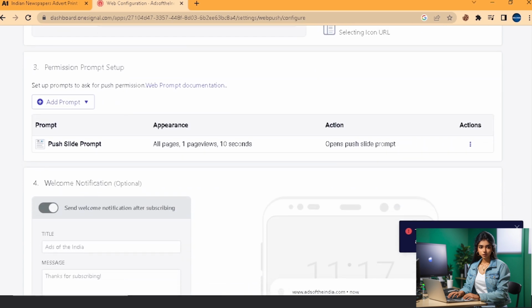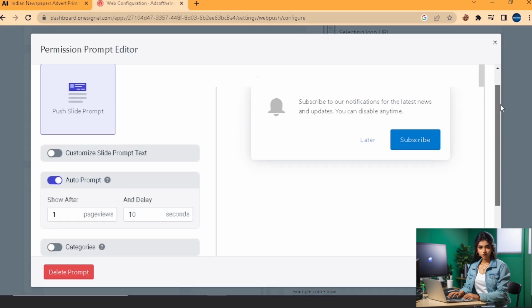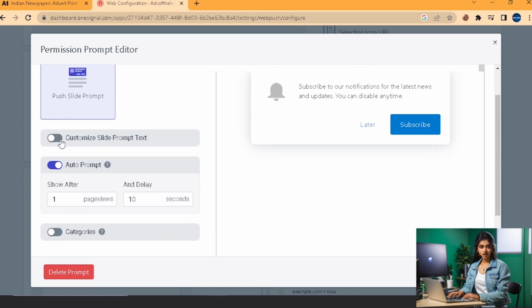Go to the third section, Permission Prompt Setup. To customize your notification, click Push Slide Prompt. You can change the message by sliding Customize Prompt Text by sliding it on the icon. To remove the Later button,